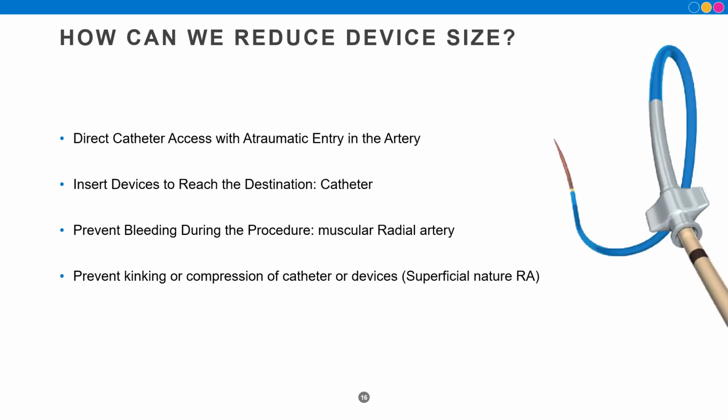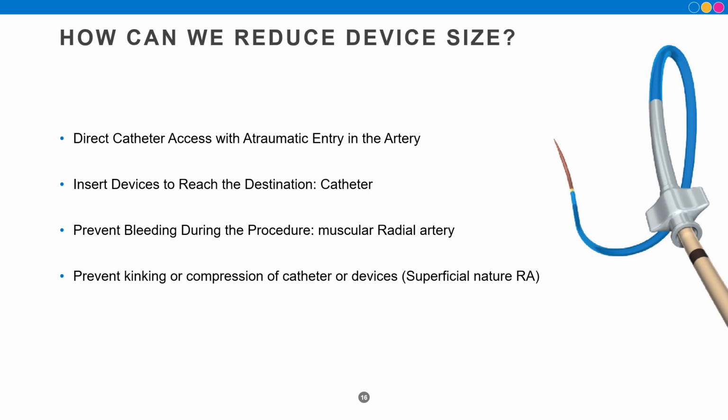If you can use the Railway sheathless access system to allow direct guide catheter access, that will give you atraumatic entry into the artery, and you can use the catheter that is desired to go to the destination for treatment. Then you can reduce the access size by 2 French sizes. The material in the guide catheter is very similar to the material in the sheath. The radial artery is a muscular artery. It's going to grab the catheter the same as it does the sheath,